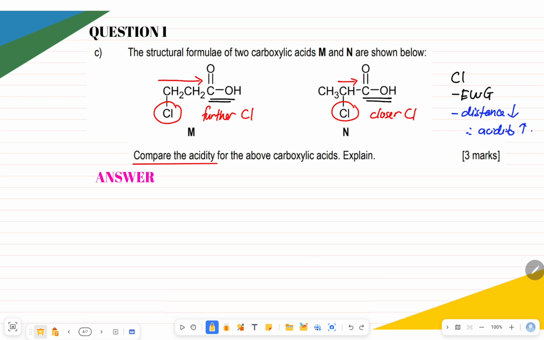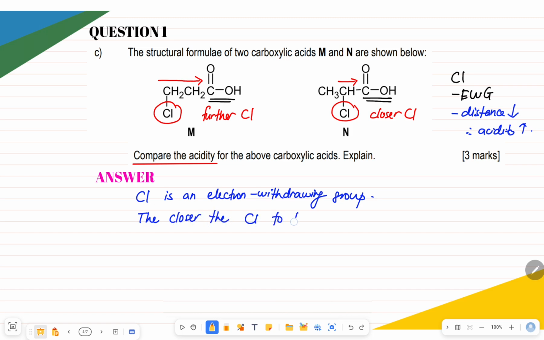Okay, so let's explain. Cl is what we call an electron withdrawing group. Because it is an electron withdrawing group, the closer the Cl to the